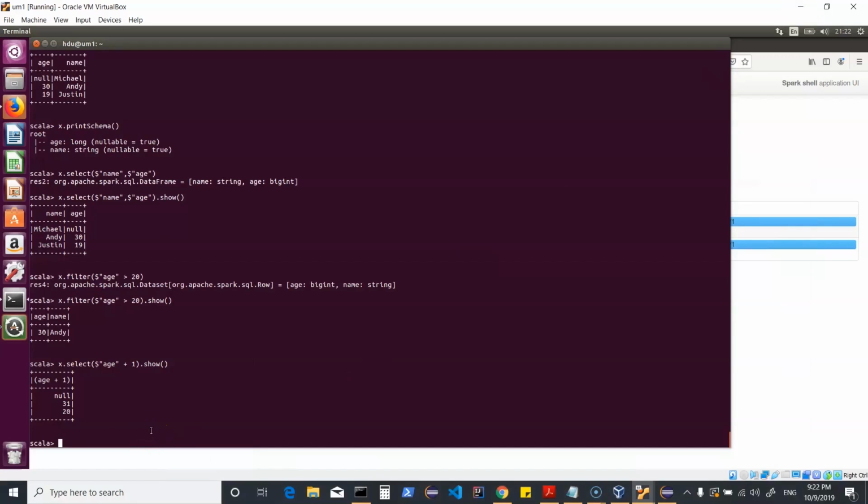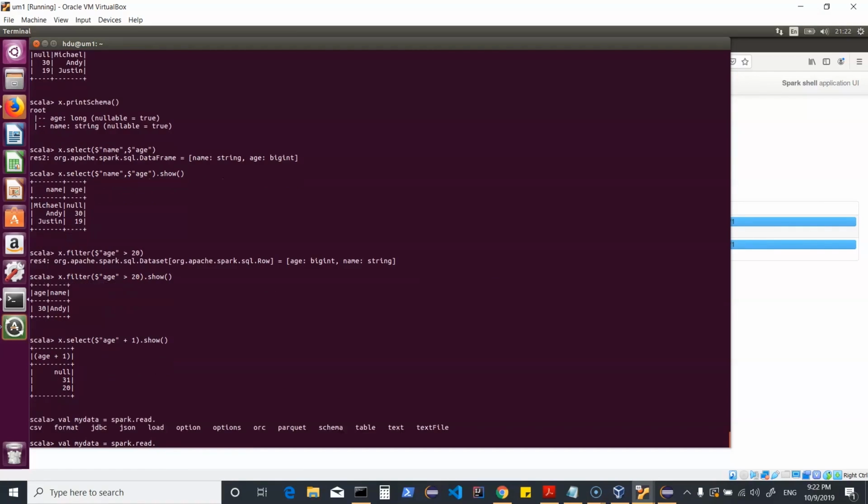Now here we could pick up a different file. I would say val myData, and then I could say spark.read, and this time I'm going to use the format method here. So I'll say format. Now I would specify I would like to work on CSV file. Then I could basically also use something called option, and then I could be specifying I would want to infer the schema from the file.